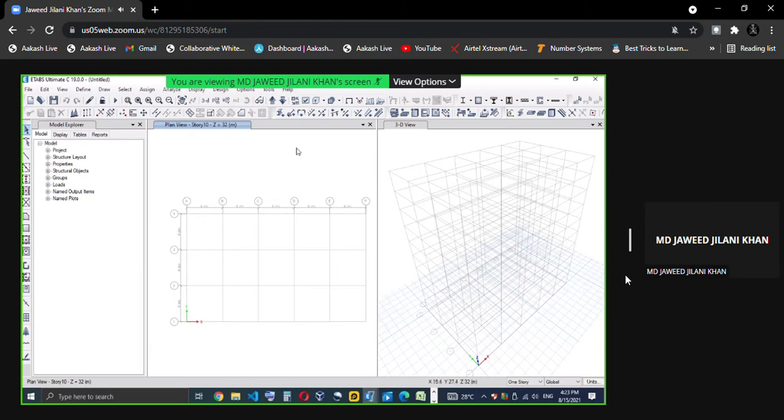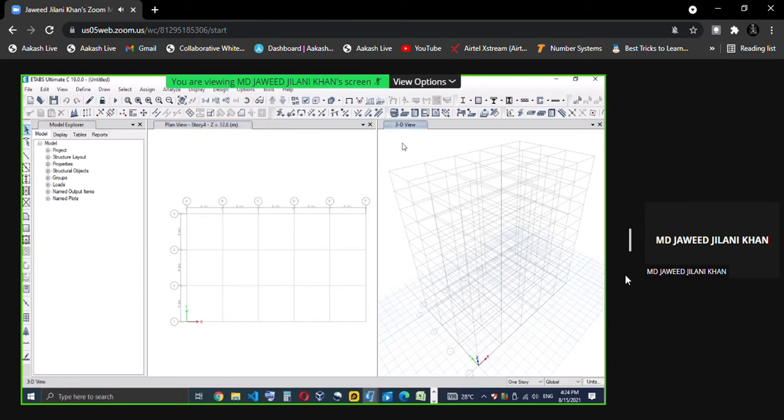So this is how it looks. It's showing story 2, and the height is 32 meters because it has no height. You can go between the plans. Say 0 is the base. If you try to go below 0, it will bring you to the topmost story. Likewise, you can go up, you can go down.